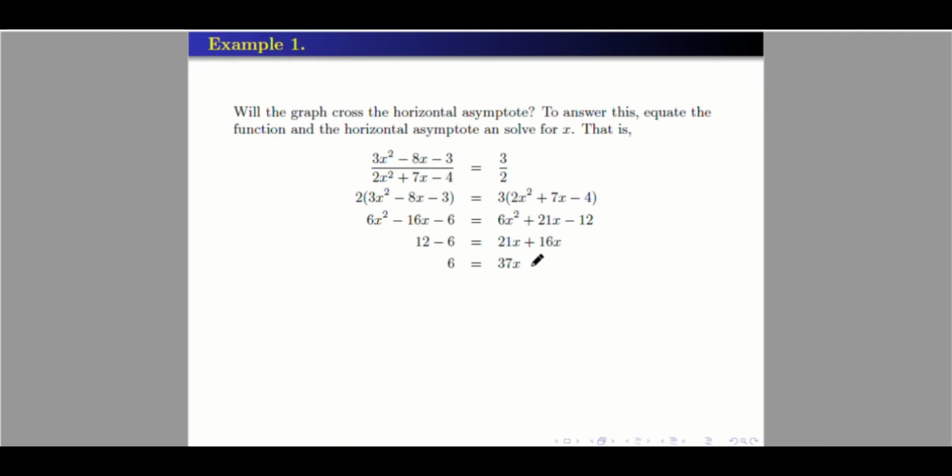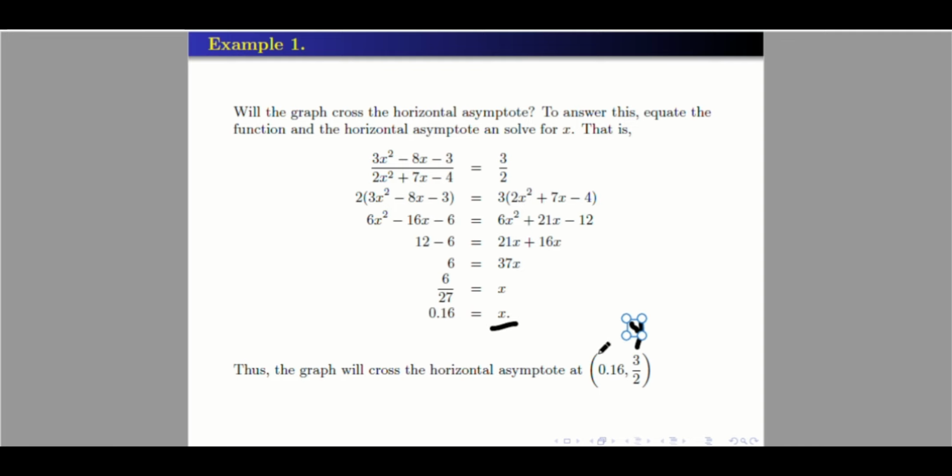So we have 37x. And dividing both sides by 37, x is equal to 6 over 37. Okay, so this is approximately 0.16. Okay, so it's very small. So therefore, the graph will cross the horizontal asymptote at 3 halves, since this is a y, 3 halves, and